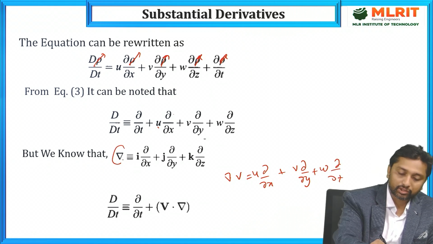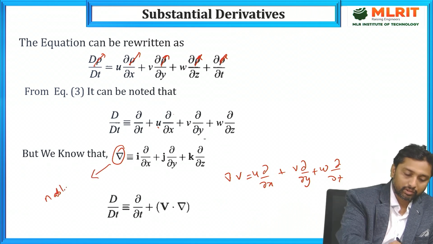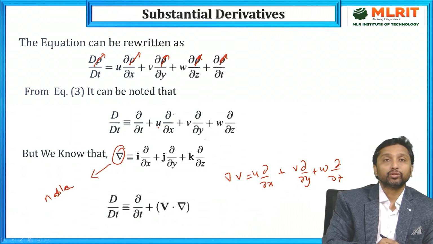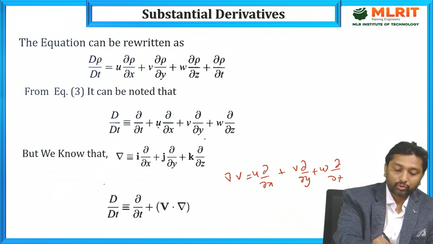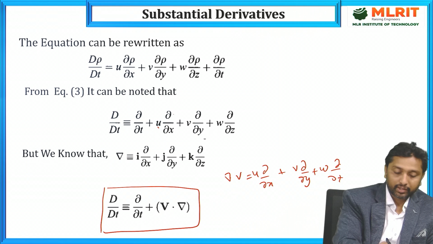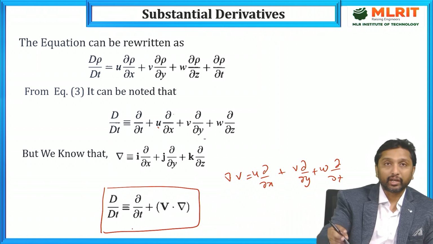The symbol is called nabla, and we will use this symbol for the divergence. Okay, so d by dt is equal to dou by dou t plus v into divergence of